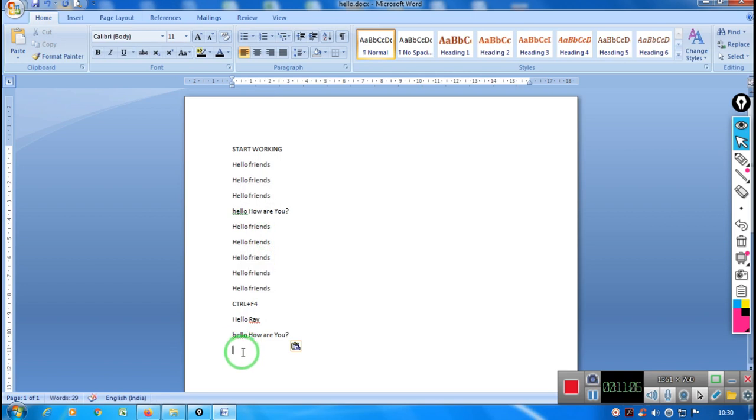So now you will find two similar contents. This is because of copy. We have copied this content and pasted it over here. So the original content will remain there as it is, and a copy of it will be pasted to your new location. So this is the difference between copy and moving.